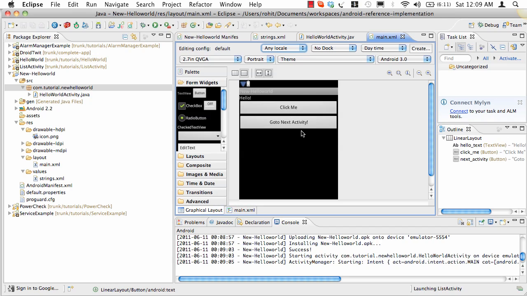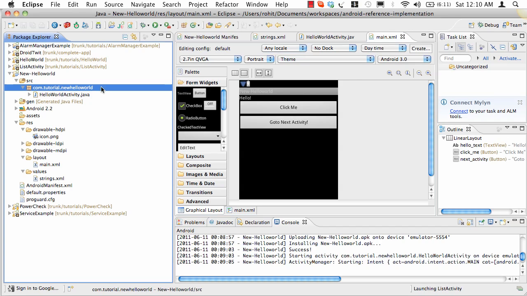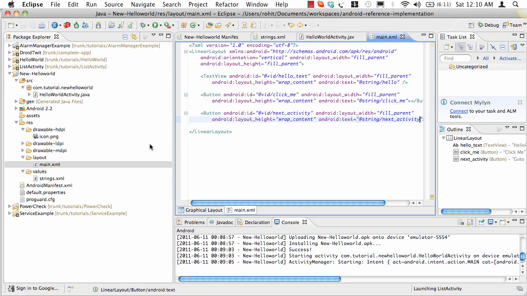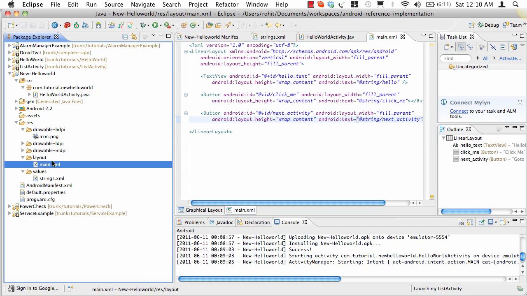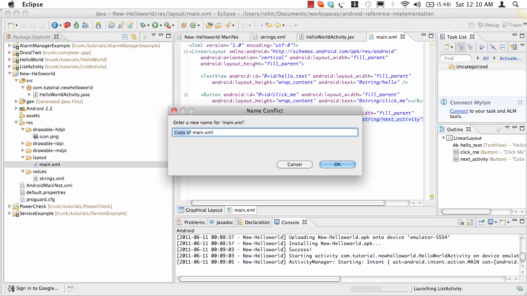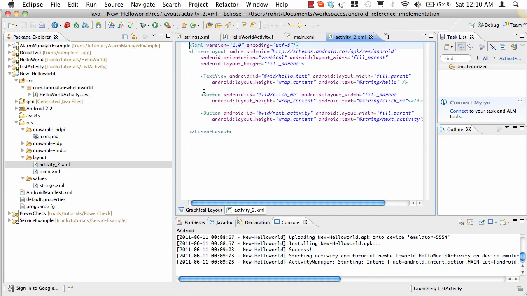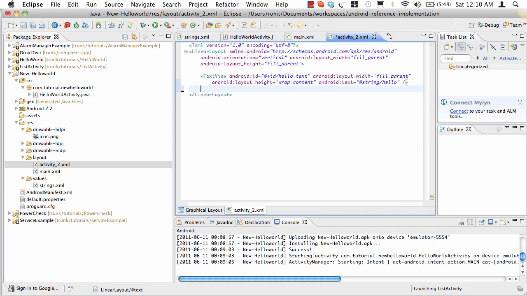So what I want to do next is when I click on go to next activity, it should take me to the next activity. For that, we first of all require an activity. So we have got this main.xml as a layout. Let's just copy this and say activity underscore 2. This is the thing for the second activity. You don't require the ID in this case, so let's remove this,